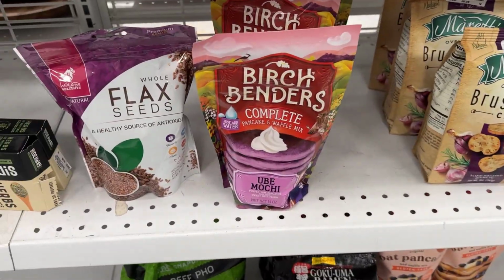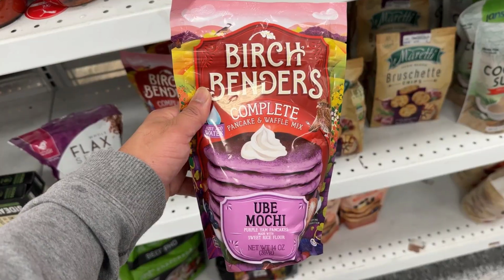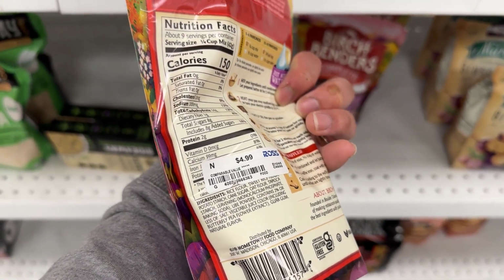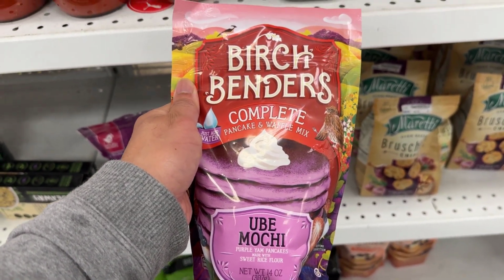That was fast. Anyways, this is random, but I stopped by the food section for the heck of it and did find something interesting. These purple colored ube mochi pancakes by Birch Benders. I like ube, I like pancakes, and only water needs to be added to make these, so...